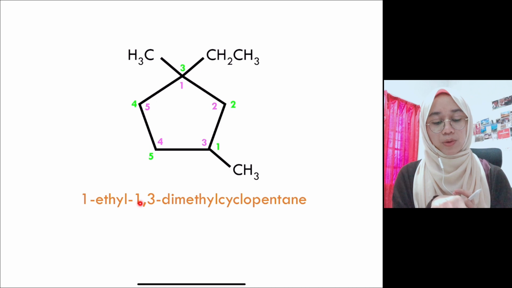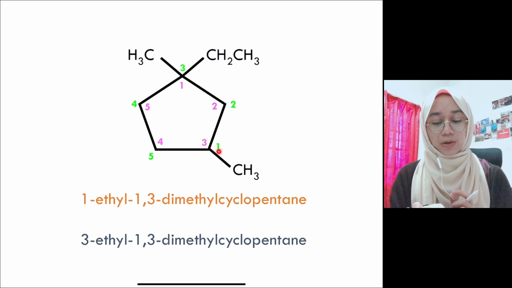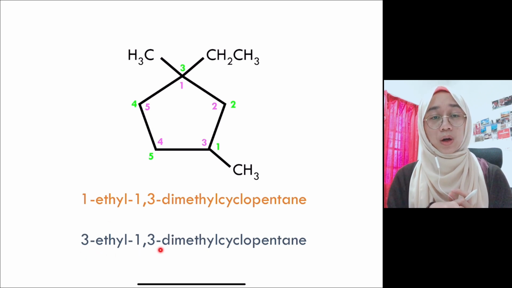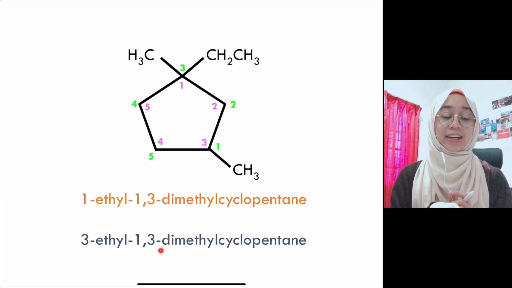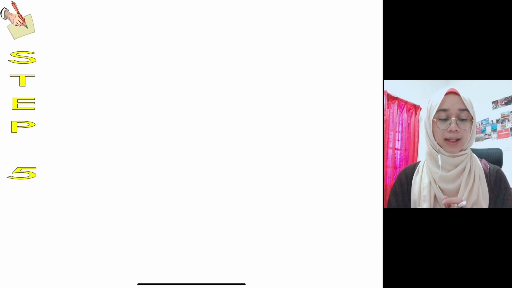So 1 plus 1 plus 3 equals 5. Okay, but if we follow the green numbers, the ethyl will be at carbon number 3, and methyl is still at 1 and 3. But try to calculate 3, 1, 3, and you will get 7. So no, we want to find the smaller total locants. So the correct one is the one on top, not the one at the bottom. Okay, so step